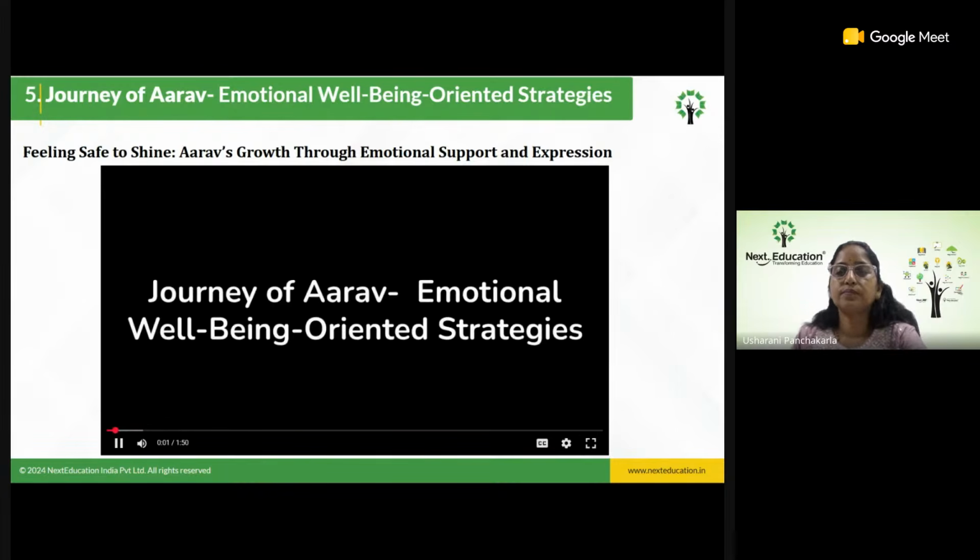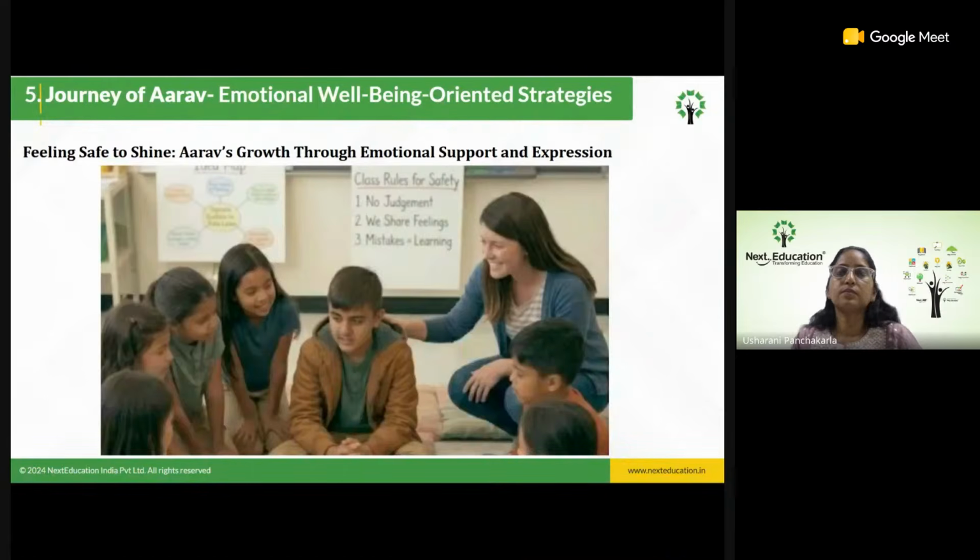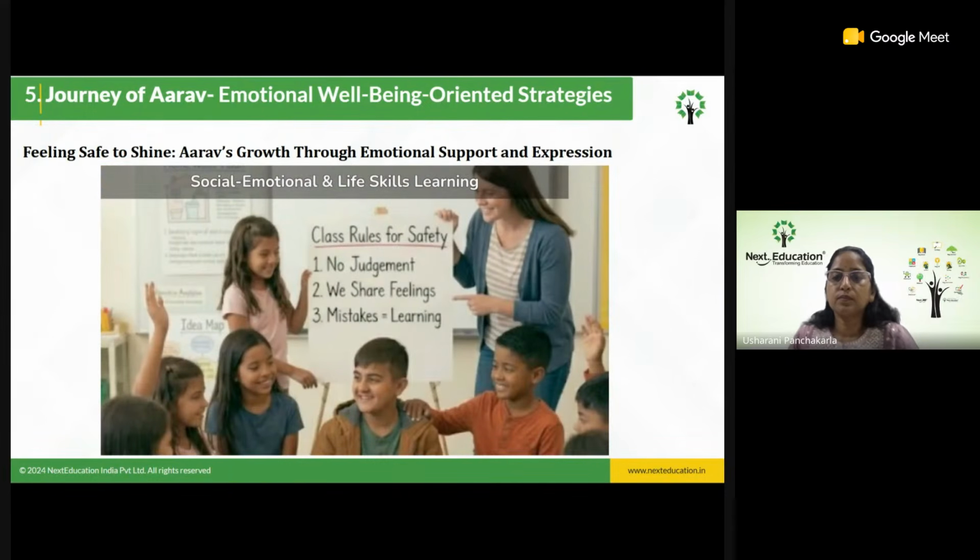Journey of Arav, emotional well-being oriented strategies. Even as Arav became more active in learning, his teacher noticed that he still felt nervous while speaking in front of others. She understood that emotional safety was equally important for his growth. During classroom circle time, students were encouraged to discuss their feelings, fears, and experiences in school.